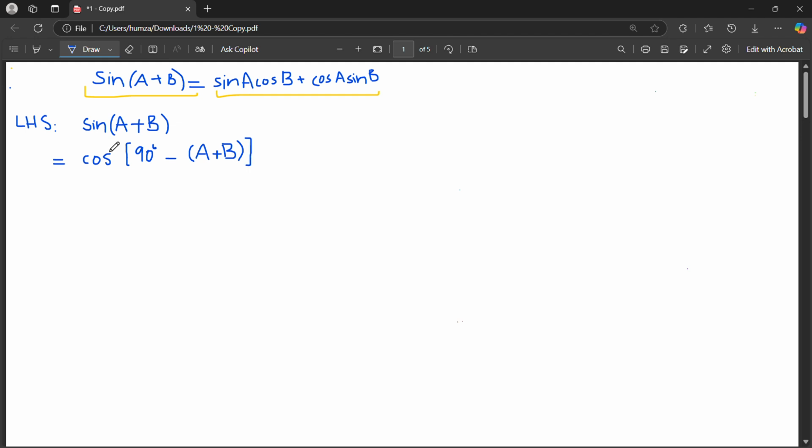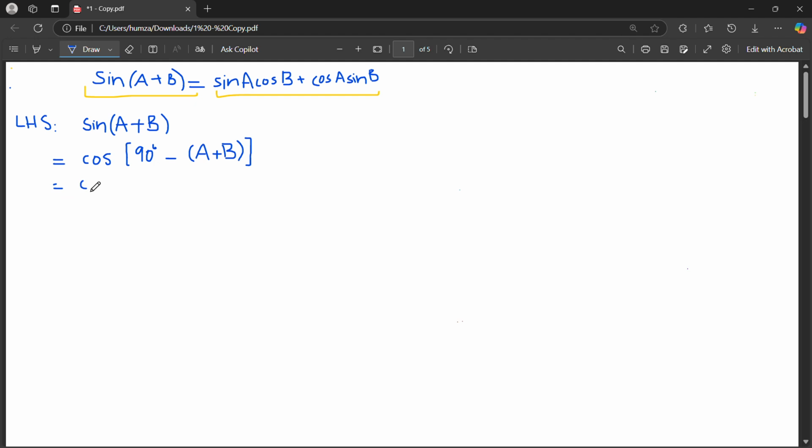So sin θ is equal to cos(90° − θ). In this case, sin(A + B) has the angle A + B, so we are saying cos of 90 minus the angle A + B. Now we are going to multiply this minus and open the brackets,